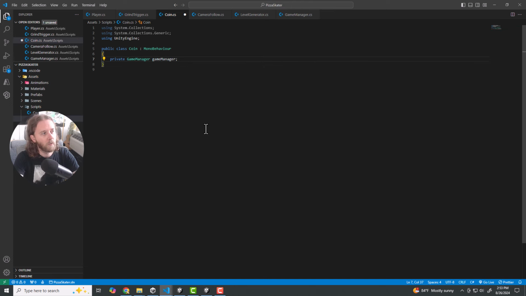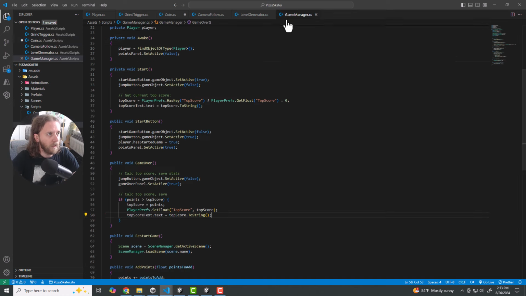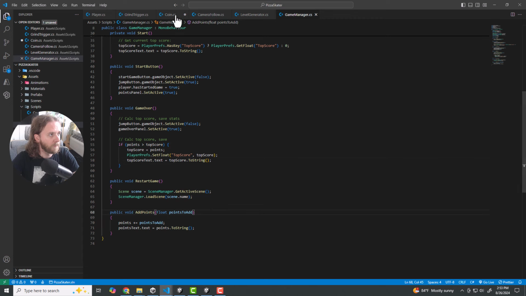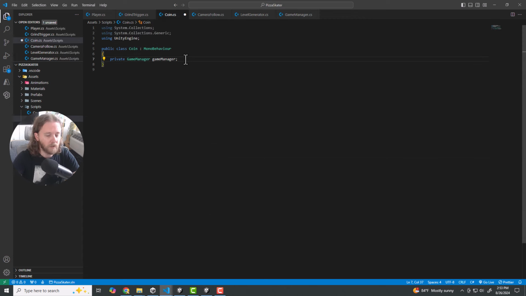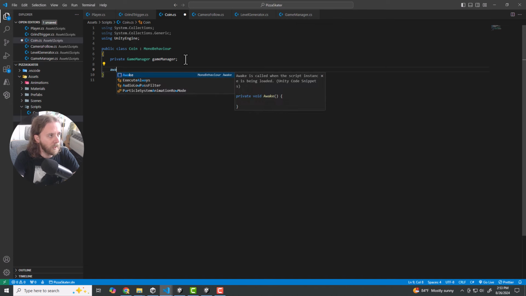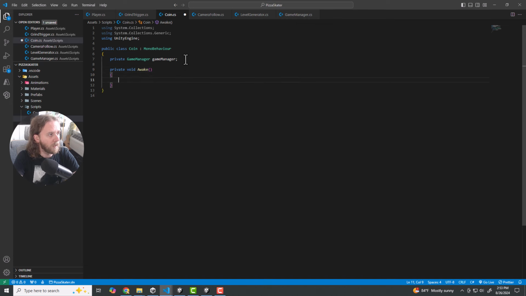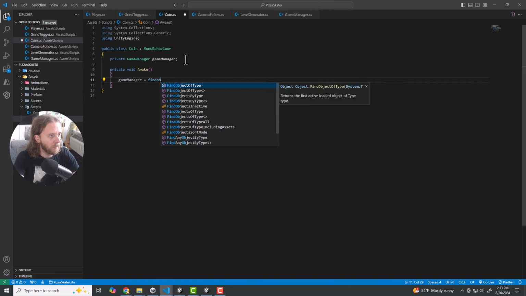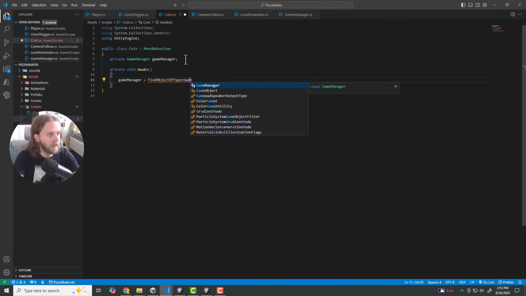So whenever the player makes contact with one of these coins, we're going to destroy the coin and also call that add points function, right? Add points right here. So in our coin, we need the game manager. And then on awake, we can get a reference to the game manager. So we can do game manager equals find object of type GameManager,